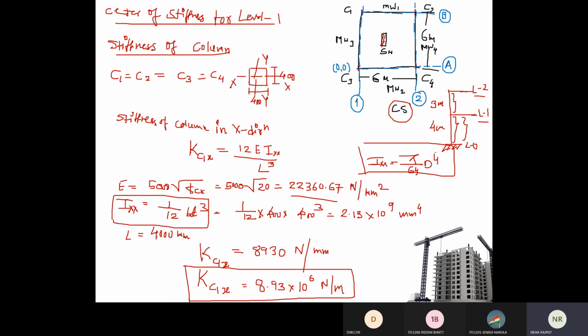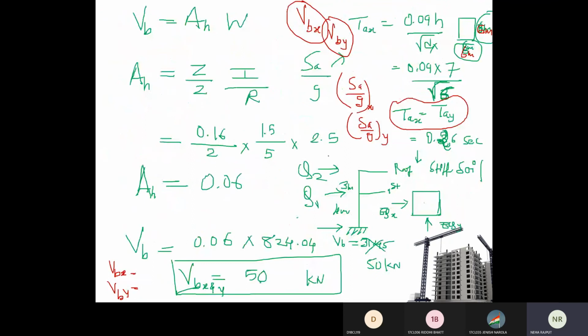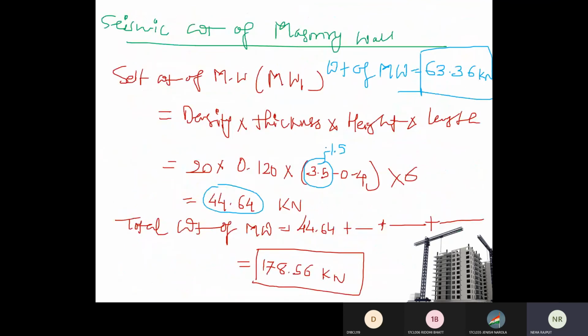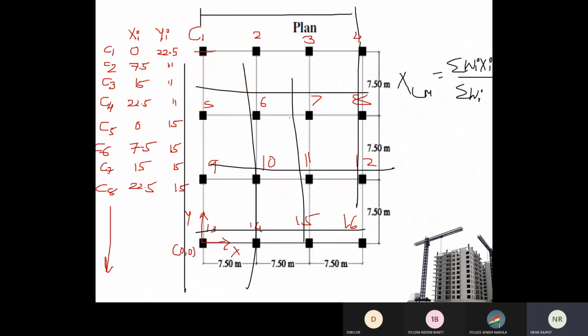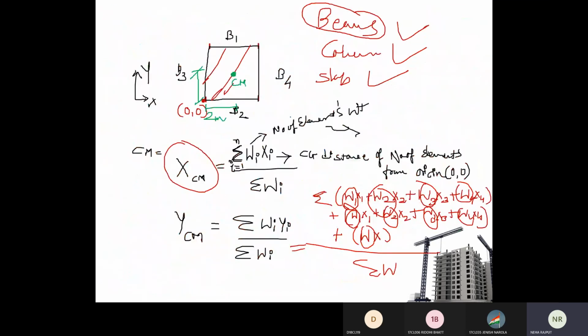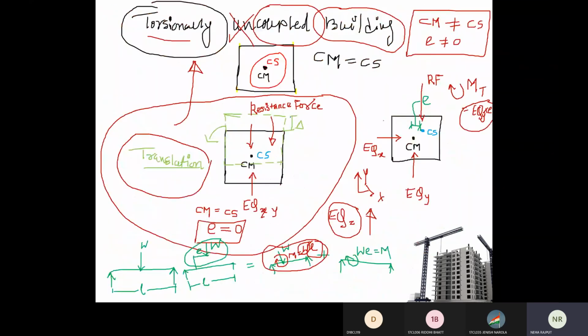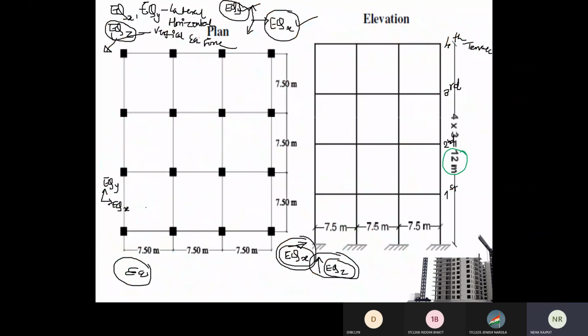Because this will be easy if your plan has a number of columns and shear walls like this. In the main plan of ours, you will see there are a number of columns. Here the shear walls are not there, but a number of columns are there. So in that case it will be easy to make the grid.